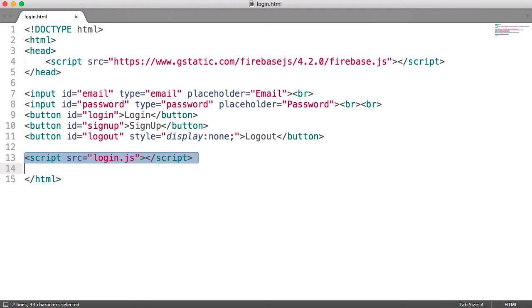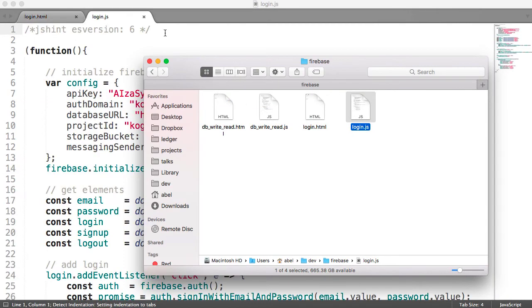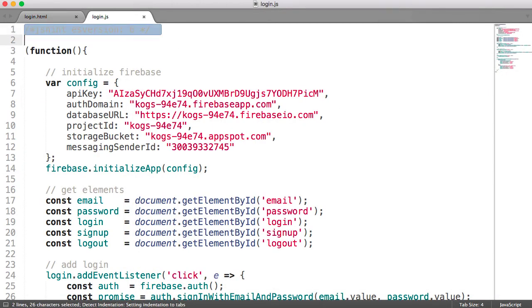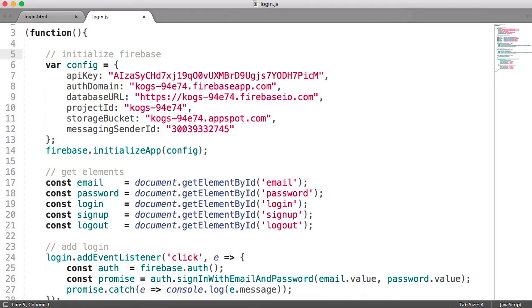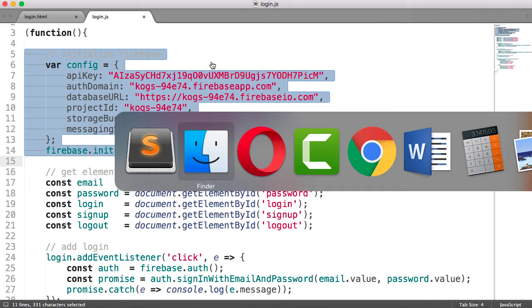And then I have the logic in a file called login.js. So let's go ahead and load that one up into the editor. I've included this line here simply so that I can use features from the latest release of the language without the editor complaining. And as you can see, this part here, lines 5 through 14, are simply part of what you do in every single